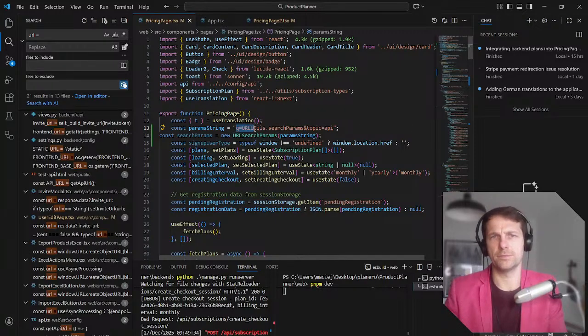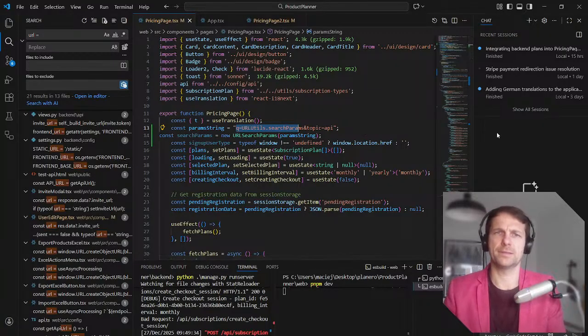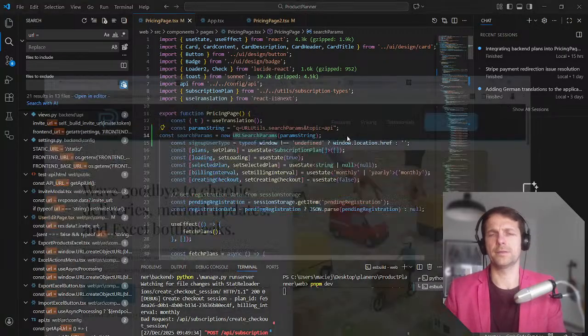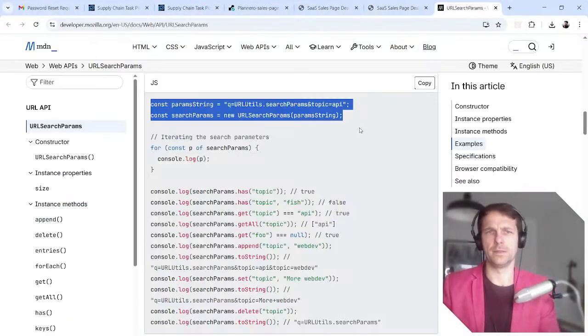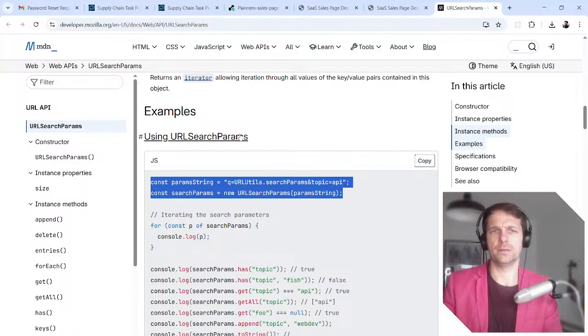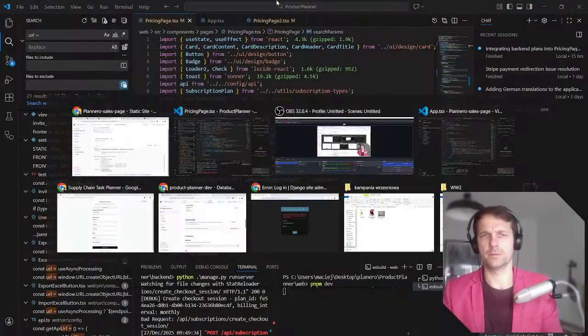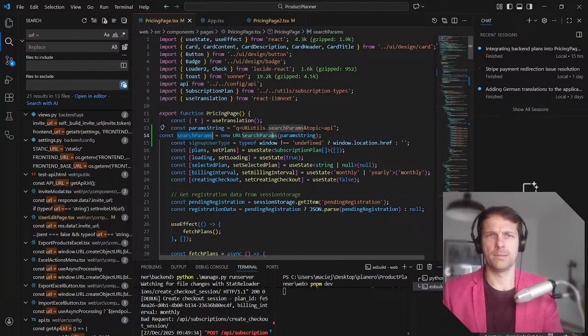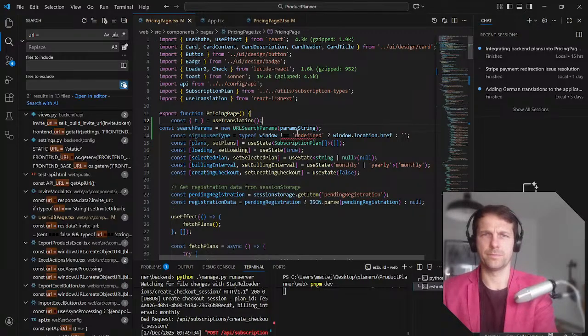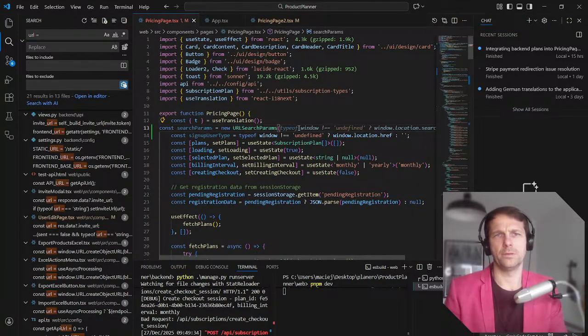Oh, okay, so this is what I'm looking for. Topic API. This is not really nice, is it? URL search params. How does this work, actually? Okay, this is too long. I don't like this solution. Param object. Okay, full bar. Param object. URL search params. Okay, what does it search actually? Let's just play with it. Okay, so this is just some params that it does. New. Yeah, let's just do that.